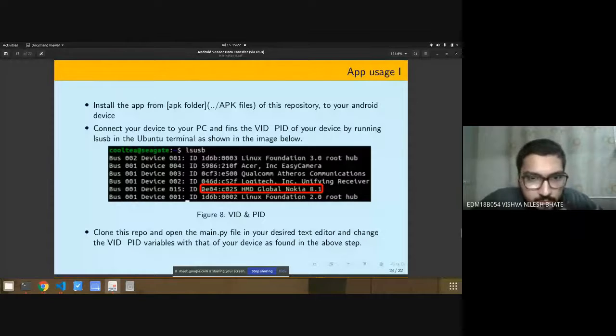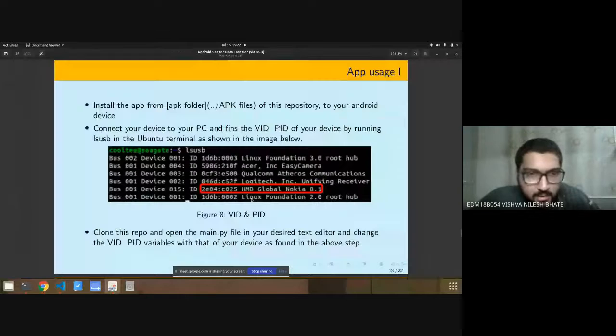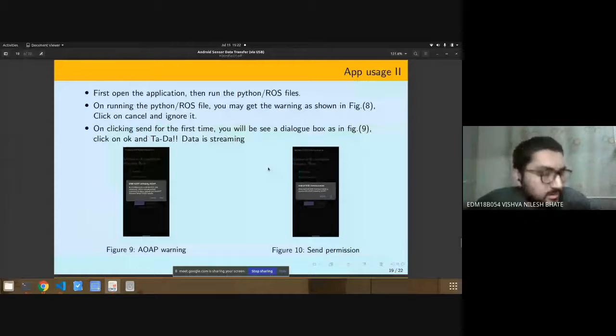You need to know the VID and PID of your device, and you have to give that as an input to the various functions defined in the AOAP class. Once you know the VID and PID, you can initiate these protocols.